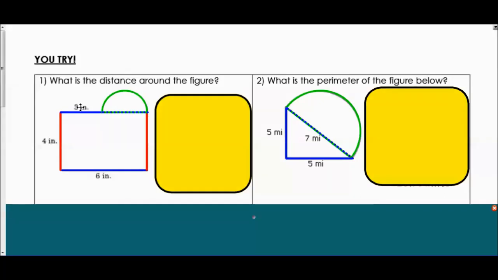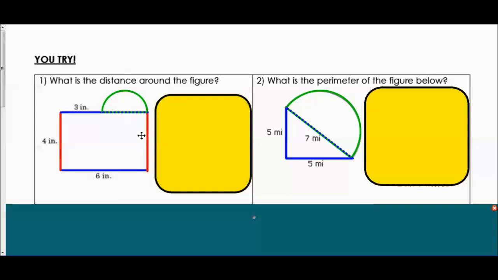All right, on number 1, it says, what is the distance around the figure? Again, that's talking about perimeter. We're talking about the distance that goes all the way around. So here we're just going to add up what we know. 3 plus 4 plus 6 plus this red side has to be identical to that one, so that's also a